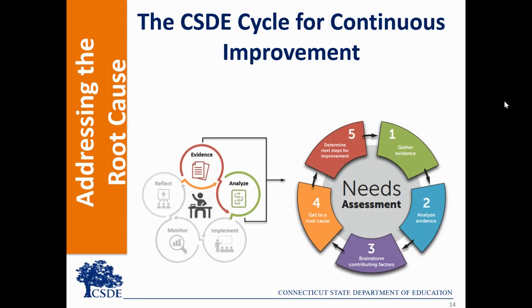We began this process asking the question, how can we ensure that the work we will do will positively impact student learning and outcomes? This toolkit offers a process to create a roadmap that is ready to inform a continuous improvement plan, including selecting strategies, action planning, monitoring for outcomes and fidelity, evaluating, and reflecting to determine the next steps. Aligned to the needs assessment and root cause analysis, brainstorming next steps to address root causes will lead to actions that are purposeful and designed to meet the needs of the organization in order to positively impact student learning and outcomes. Use this needs assessment and root cause analysis to inform the planning and actions taken in the cycle for continuous improvement.